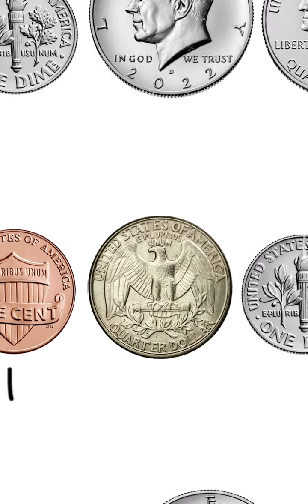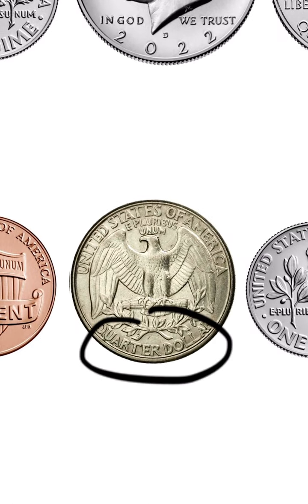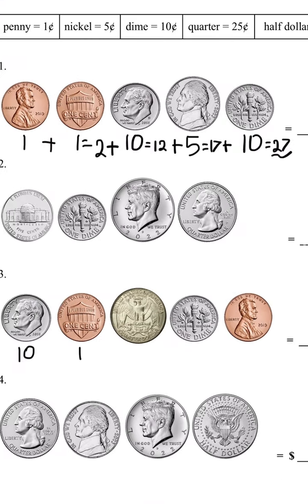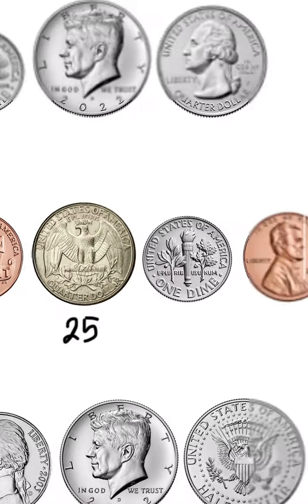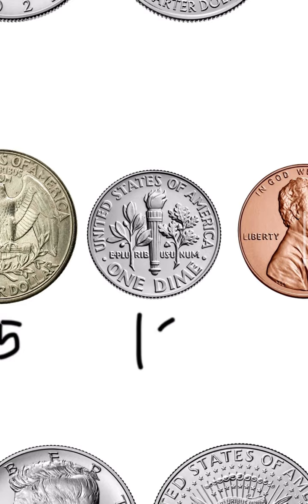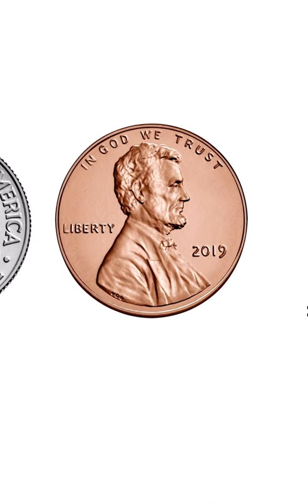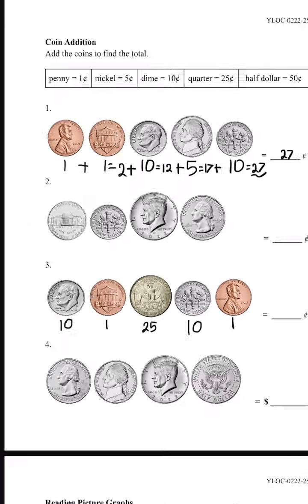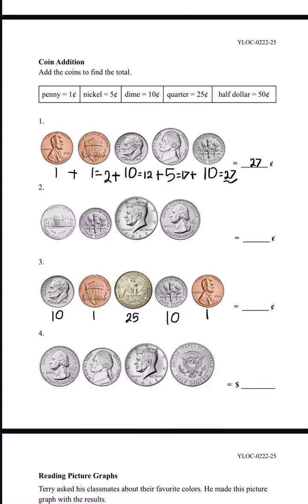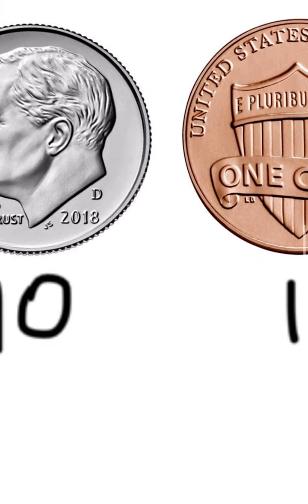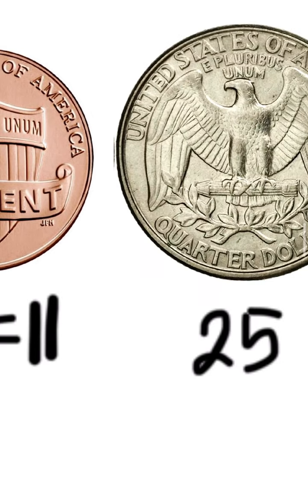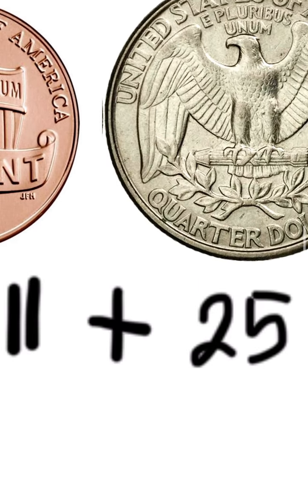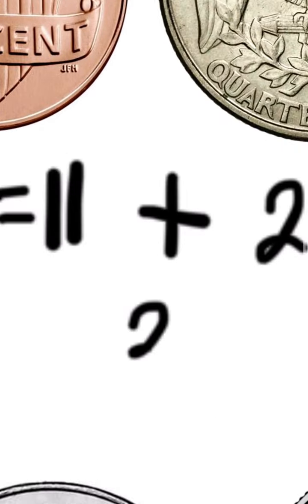And this one is quarter. So quarter is 25 cents. And this one is 10 cents again. And lastly, this is 1 cent. So now we need to add all of these numbers again. 10 plus 1 is 11. 11 plus 25 is